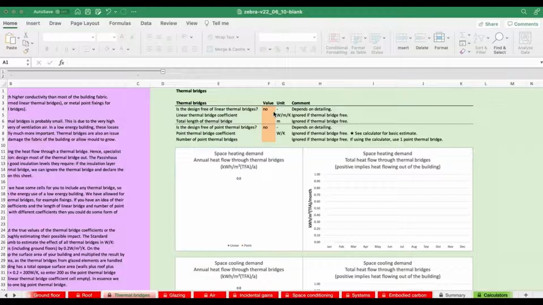Now the total surface area of this building, that's the walls plus the roof plus the ground floor, but without the glazing. We don't include the area of the glazing in Zebra when doing a thermal bridge calculation using the default SAP value, because the thermal bridges caused by glazing are more complex and we have a more accurate idea about what they might add up to, and we'll see that in the glazing calculation.